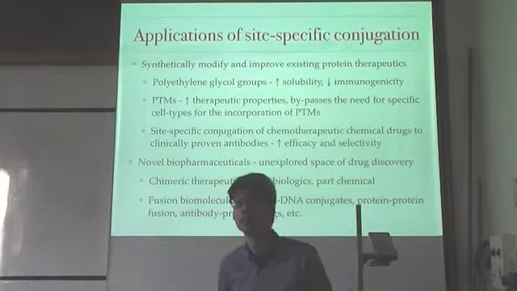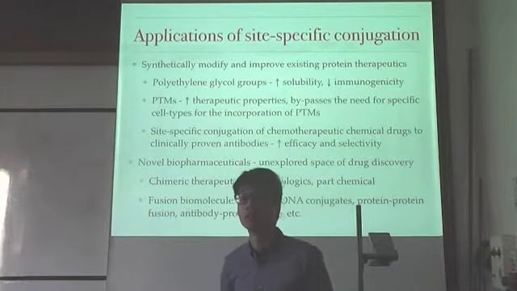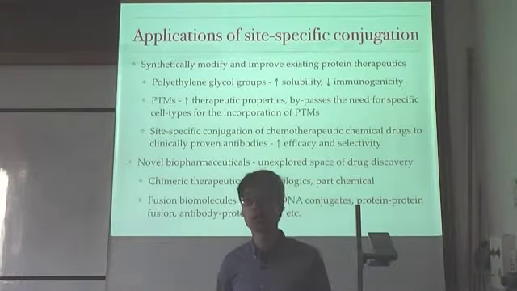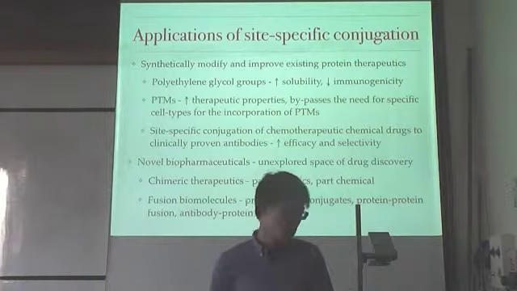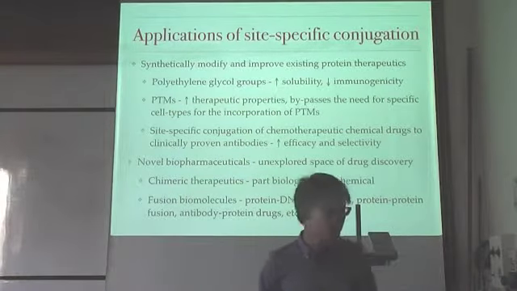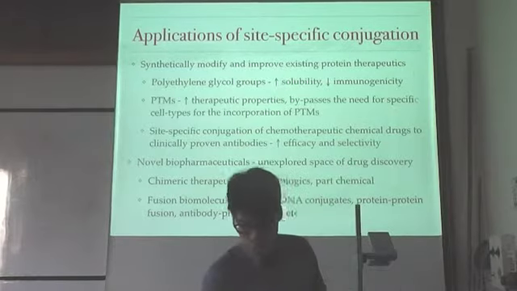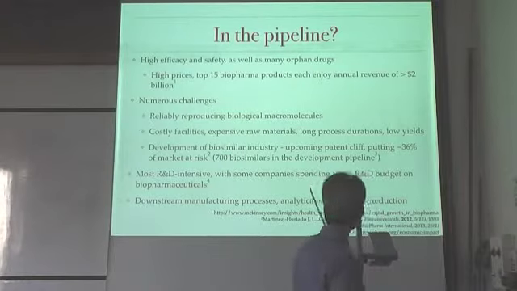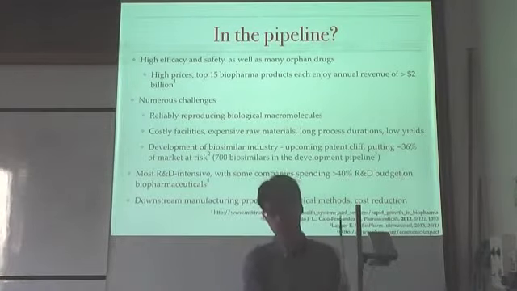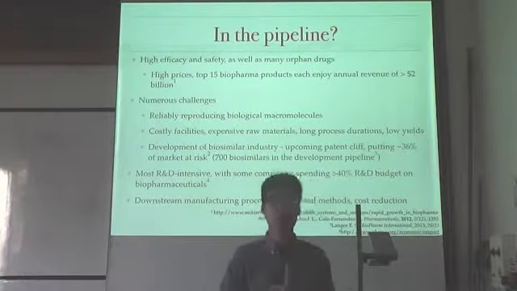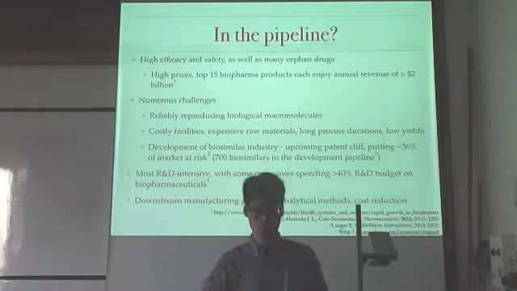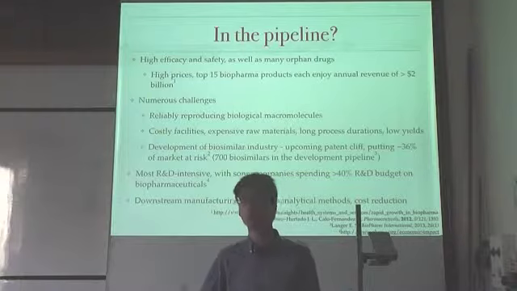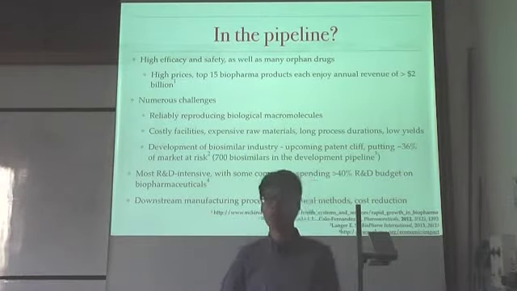So which way do you confirm the right chemical modification in your protein? So what sort of analytical methods? How to confirm? Yes. So this is definitely one of the key areas the industry is focusing on right now. The analytical method is one of the key driving forces to streamline for the industry. Currently, a lot of people use mass spectrometry. So they would do a mass spectrometry on a protein, and if they can see a difference in mass that equates to the chemical modification, then that is correct.